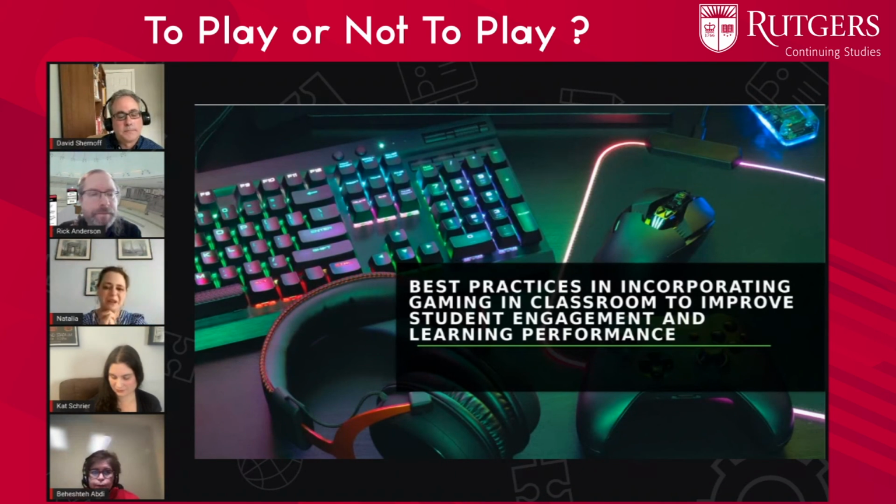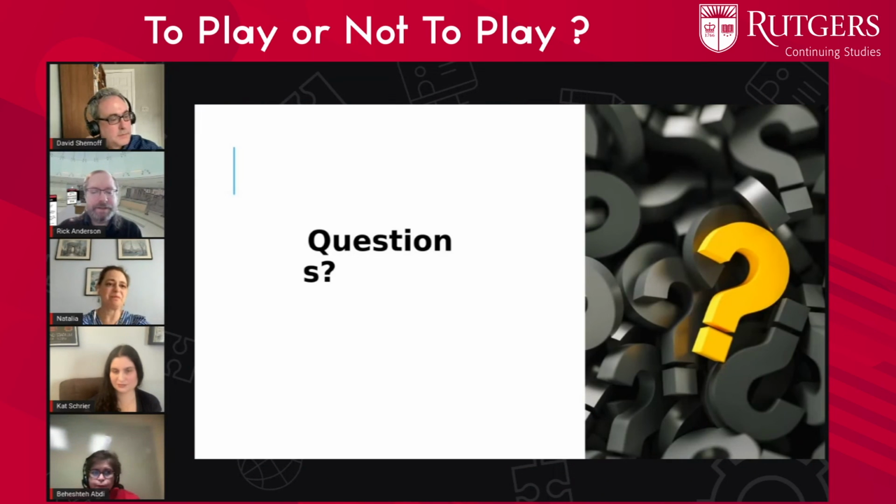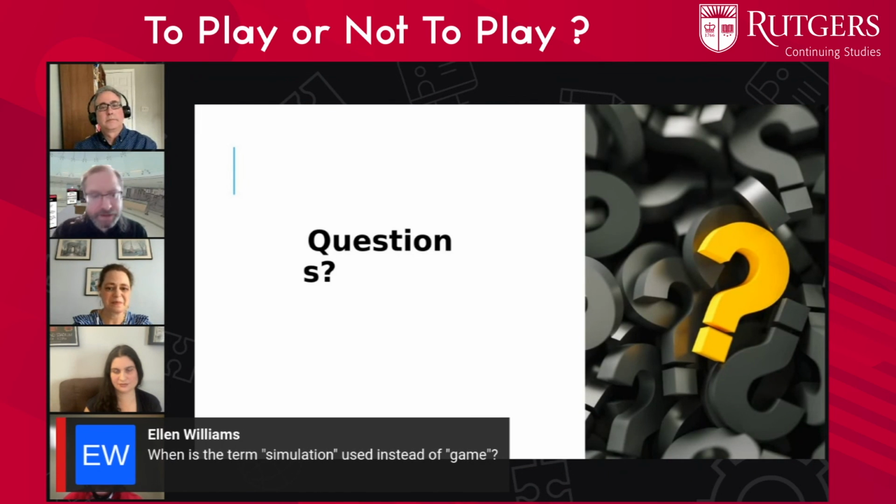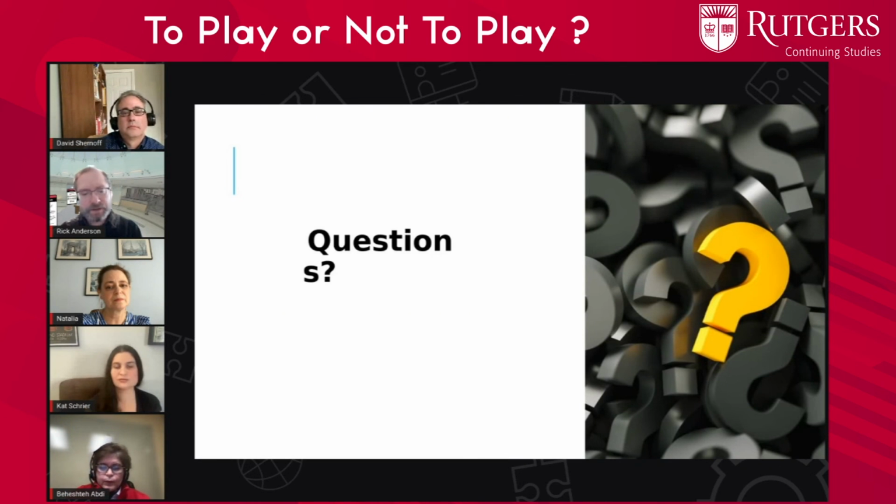Rick, please. Simulation versus game. Simulations are more of a recreation, like in physics or chemistry, where there's something that you're simulating. As opposed to being an analog to something, you're teaching somebody how to be in a process, and the simulation is going to be about preciseness.